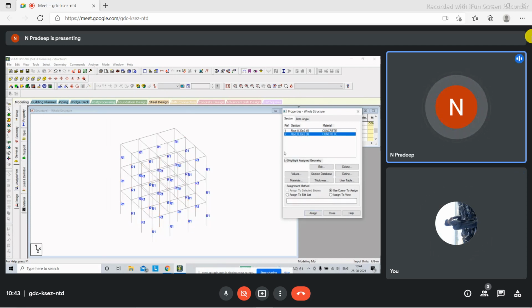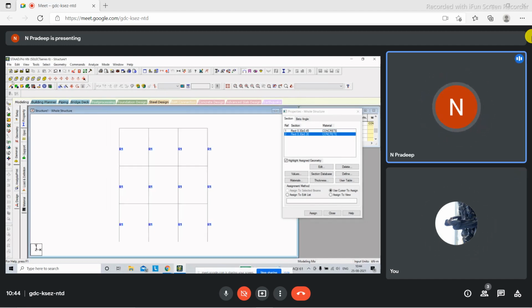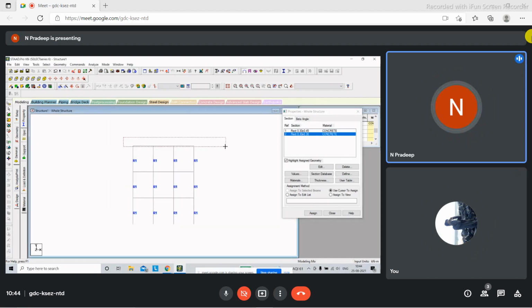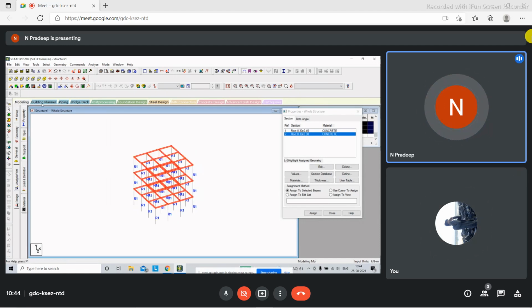And next thing is I'm going to assign to the beams here. For assigning it to the beams, you have 2 methods to select the members. One, I'll just keep it in the front view. I can select it like this, press control button, and select it like this. This window should not be bigger. If you give it like this, even the columns will get selected. So make the selection window smaller, like this. Only the beam should fall inside it. So now you can see that all the beams have been selected.